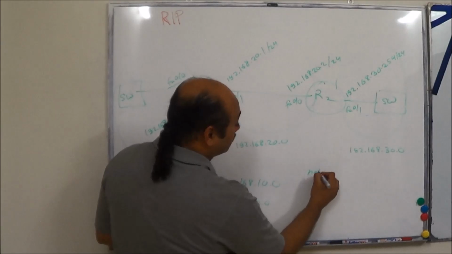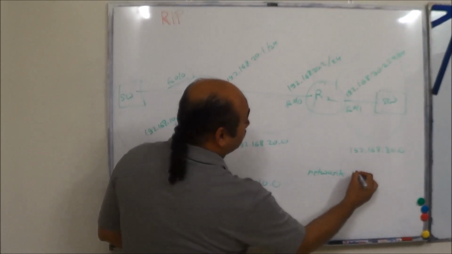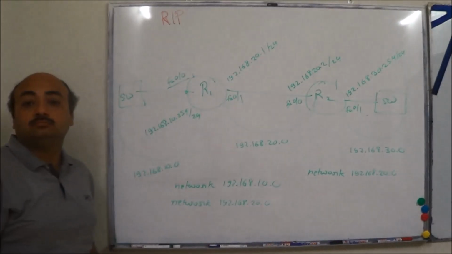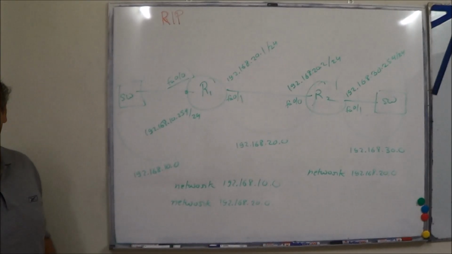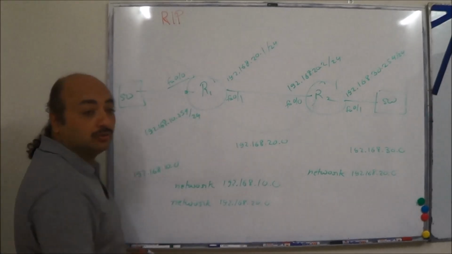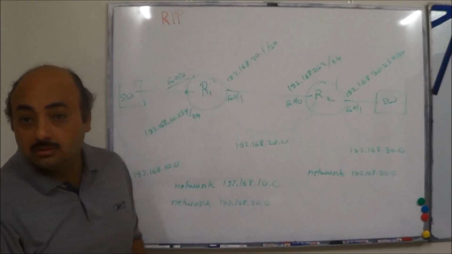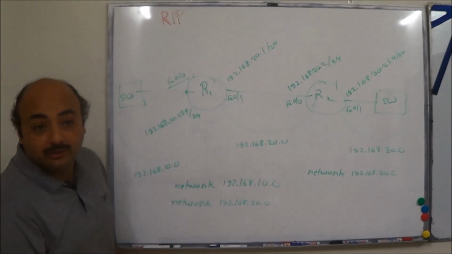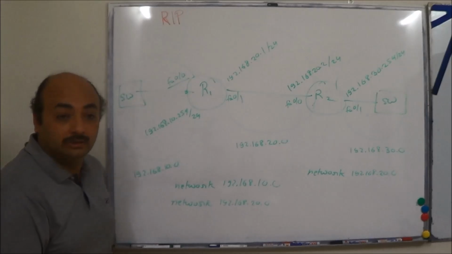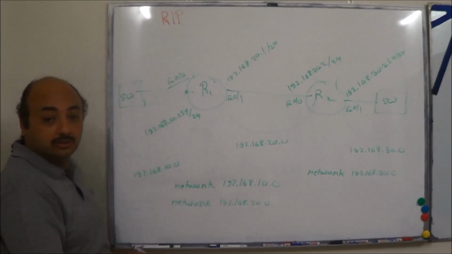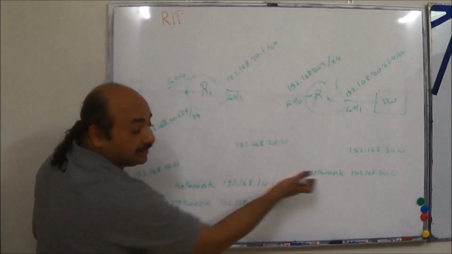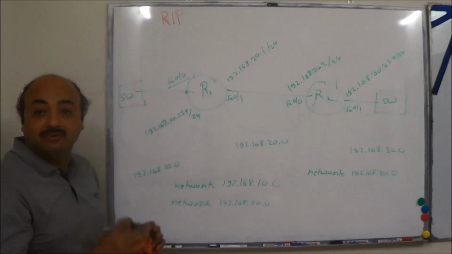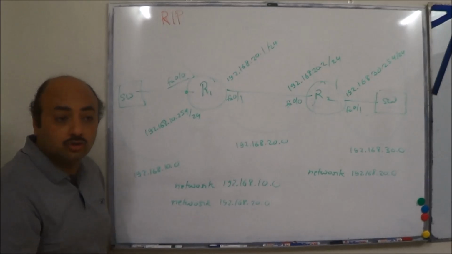On R2 we went ahead and configured 192.168.20.0. In this condition, what did we observe? That R1's routing table had 3 entries, 2 for the connected, 10 and 20? Or only 2 entries? Only 2 entries, 10 and 20 only. Even though R2 now started sending 20, R1 said, I already know about 20, so I will leave the connected. So it did not show any R.